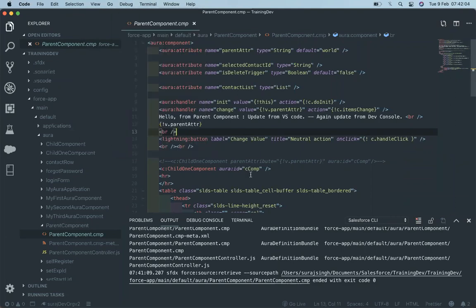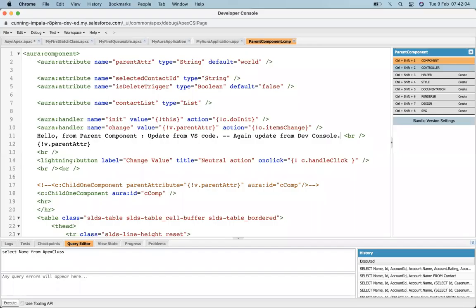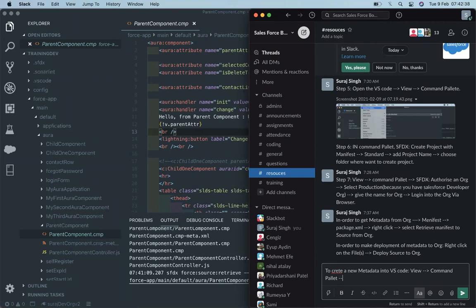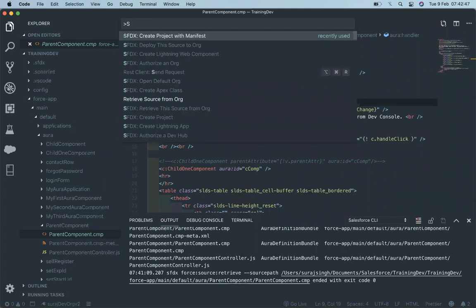First, sfdx create. Let's go to the command palette, sfdx dot create.